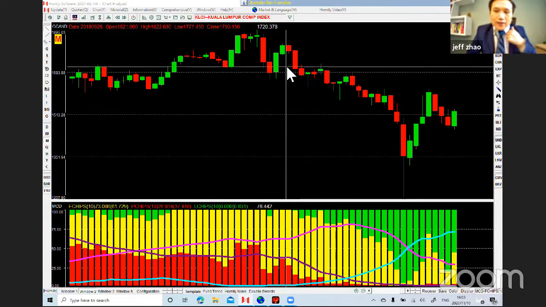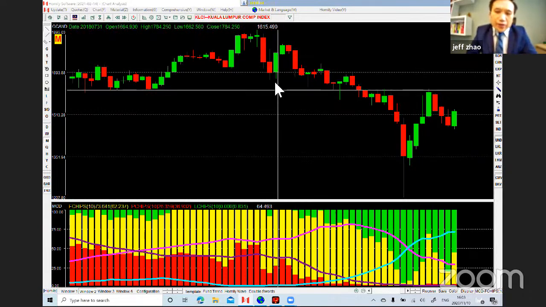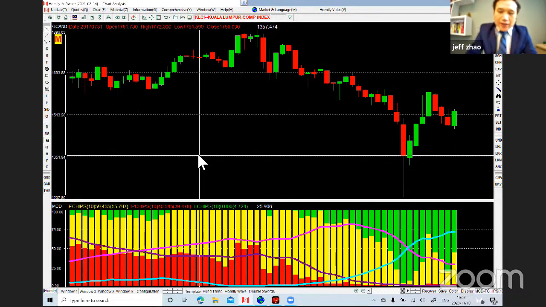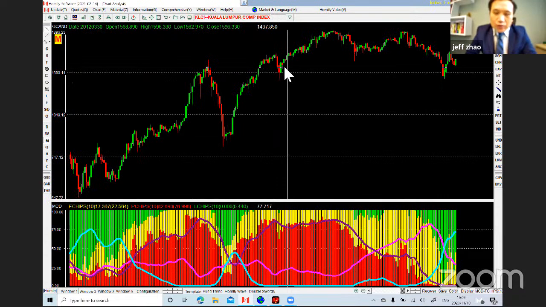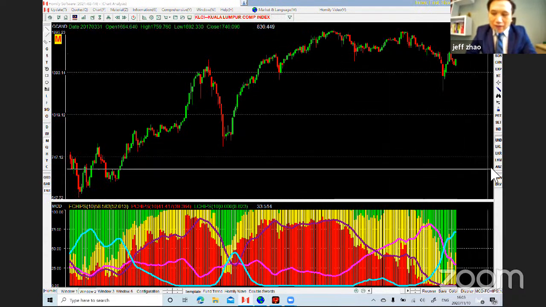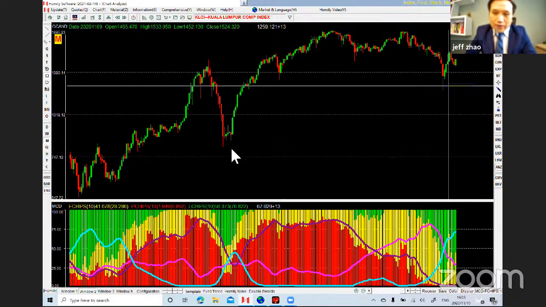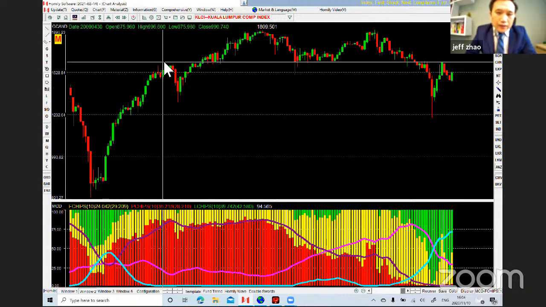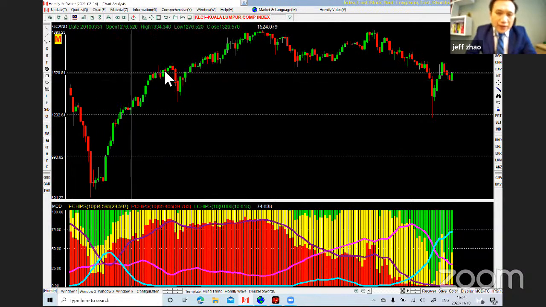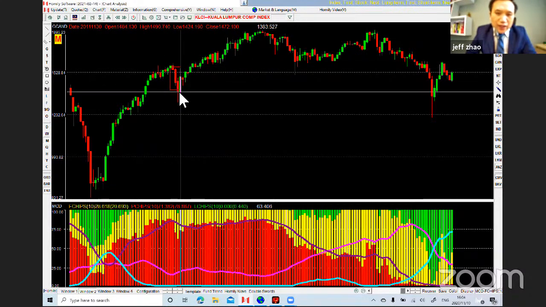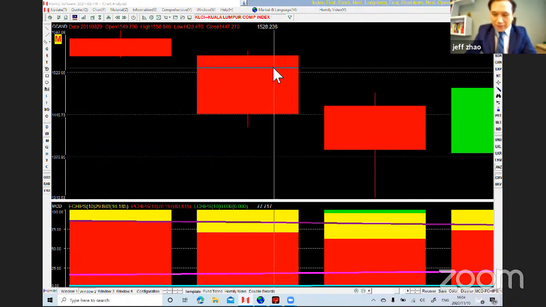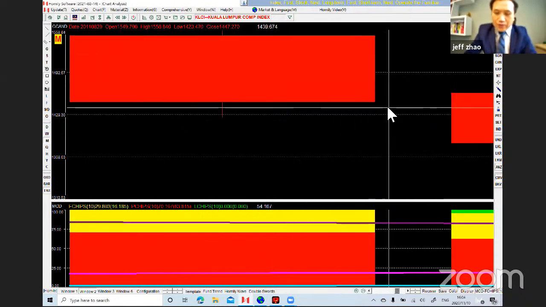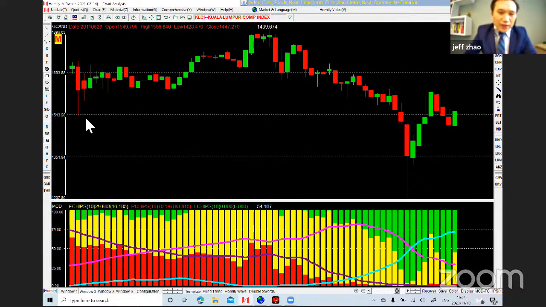So for the index, why should it go up? When you know it should go up, actually it will go up. Last time we mentioned how we can catch the chance when the market goes up. The key is you need to focus on the three-in candle. What's the meaning of three-in candle? It means it will go up after the three-in candle.